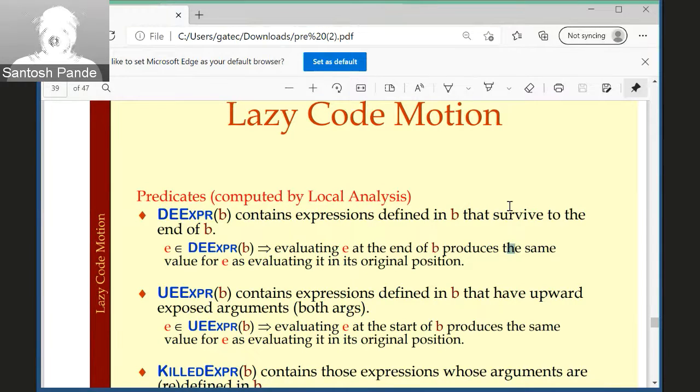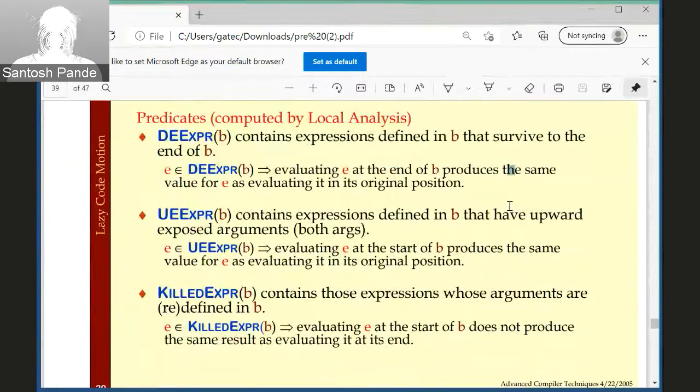So the forward direction, downward exposed expressions, which means the expressions which get defined in a basic block and which survive to the end of the block because of no redefinition. So that is basically the starting point of availability, because those expressions then become available from the point of their evaluation. So downward exposed expressions here are the locally defined expressions in the basic block which define availability, and upward exposed expressions